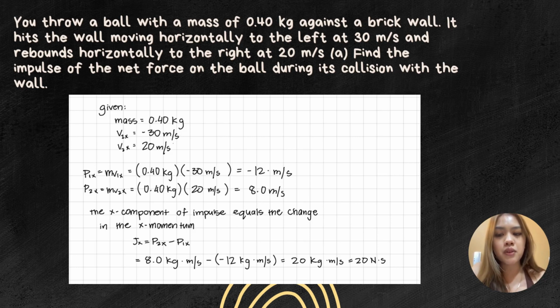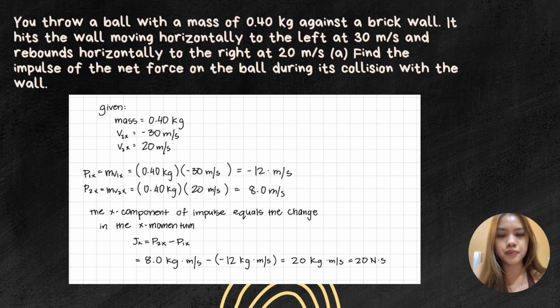For our given, we have the mass at 0.40 kilograms and initial velocity at negative 30 meters per second because it was moving horizontally to the left. Next, for our final velocity, we have 20 meters per second because it is horizontally moving to the right. With our choice of x-axis, we will then find the initial and final x components of the